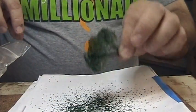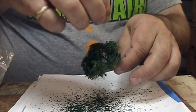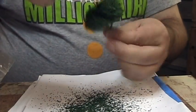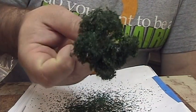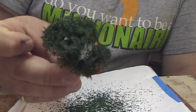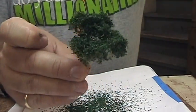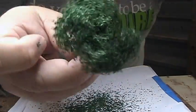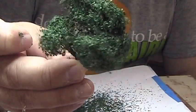And let me shake some of this off and put a little bit more on. Has a much more airy, translucent feel to it. Like you can see through and see the branches. You can see some hints of branches in there. I don't know how well you can see that. So instead of one massive blob of tree, I think I've got something a bit more,